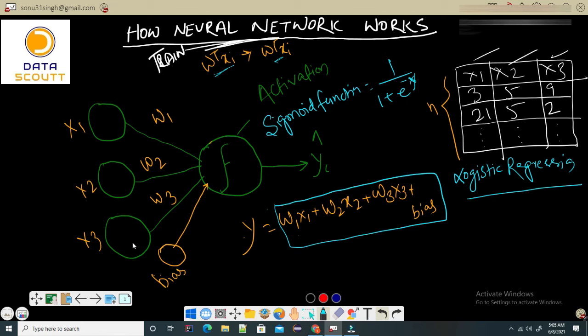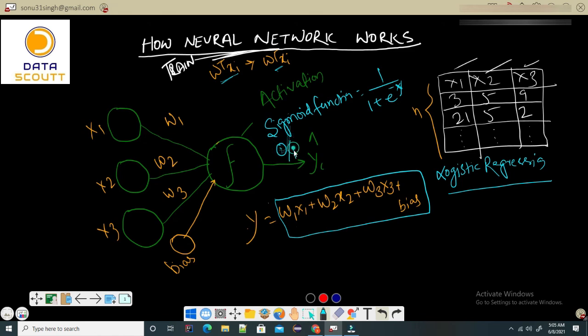So this input comes and gets into this activation function. If it's a logistic regression problem, it will be a sigmoid, which will do that analysis and pass it on as an output. Let's say this output is y hat. So this is called a feed forward neural network, as we are just going in one direction only. We'll see in our next classes how we will work with different terms like loss function.